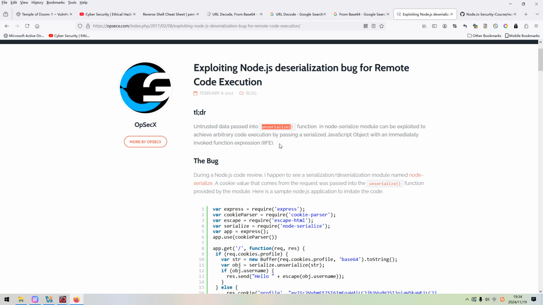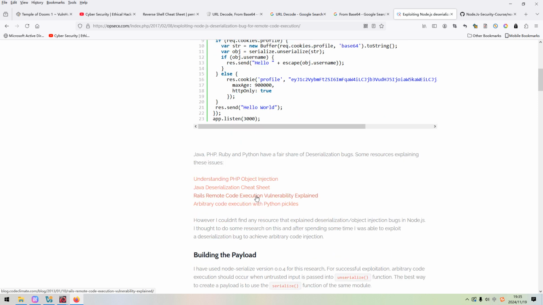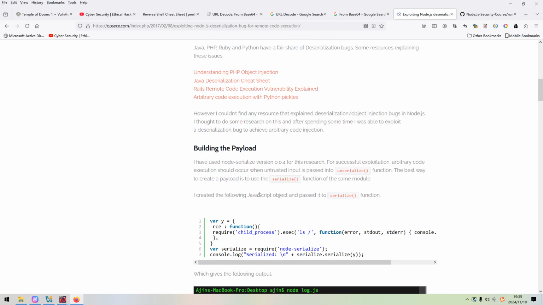Okay, so if untrusted or malicious data is passed into this function, and this untrusted data is like a reverse shell command, it would be executed. In the last video, I utilized one Python script to automate this process of exploitation. But again, in this video, I'd like to manually exploit this vulnerability.